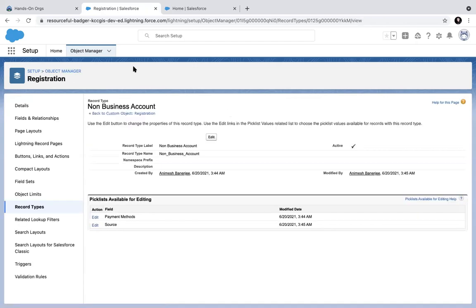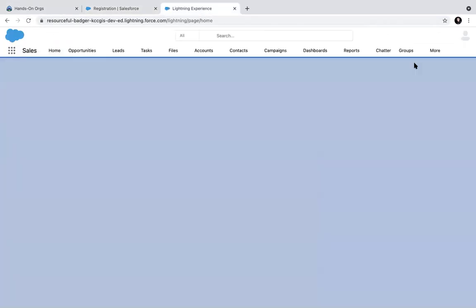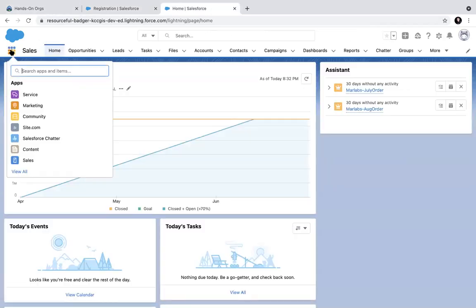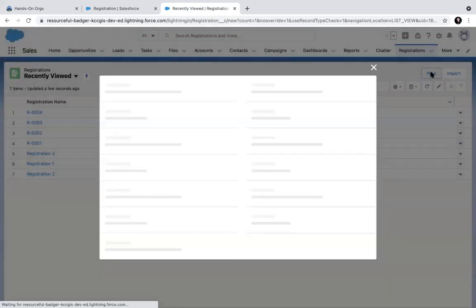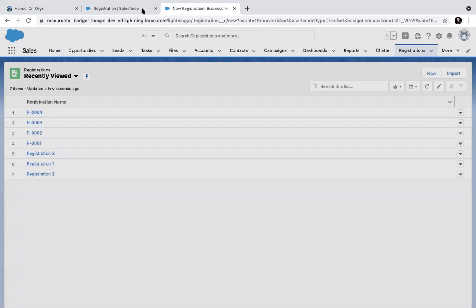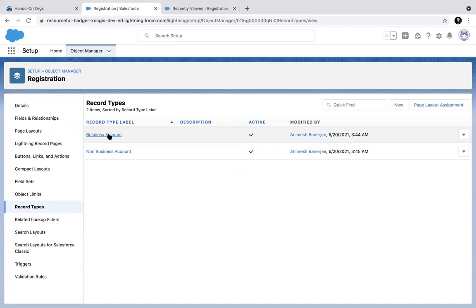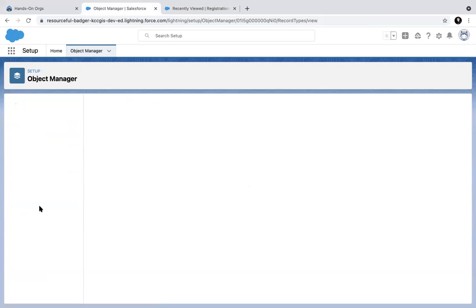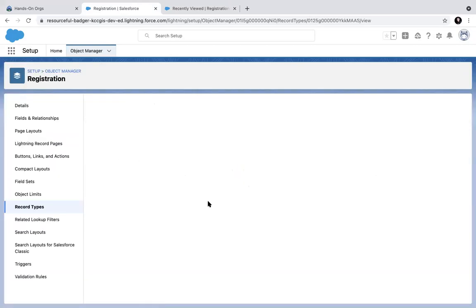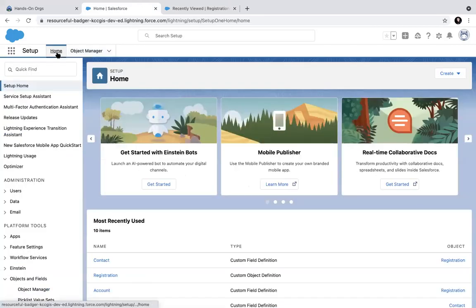So what happens now? If that is the situation, if I go to home and go to registrations now, and I create a new one, I forgot to assign these two profiles.